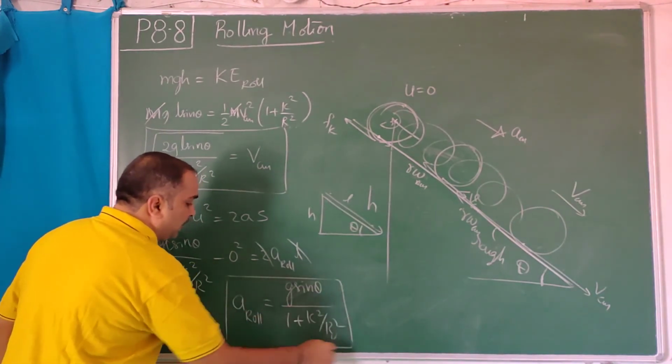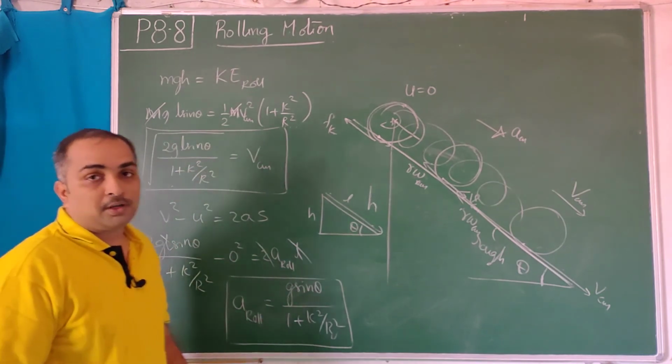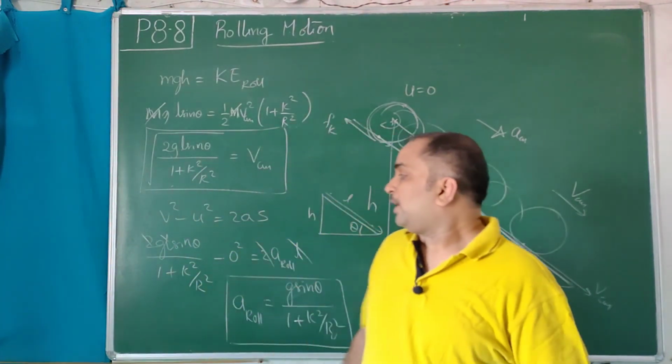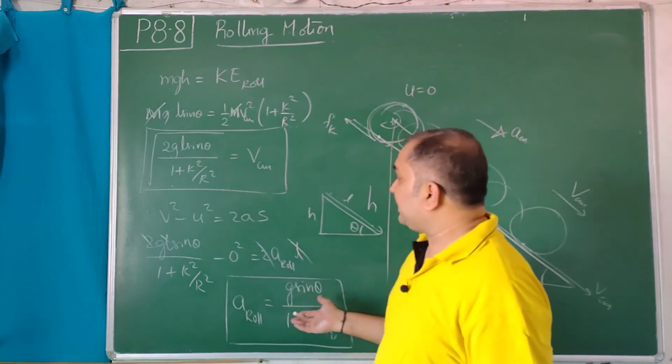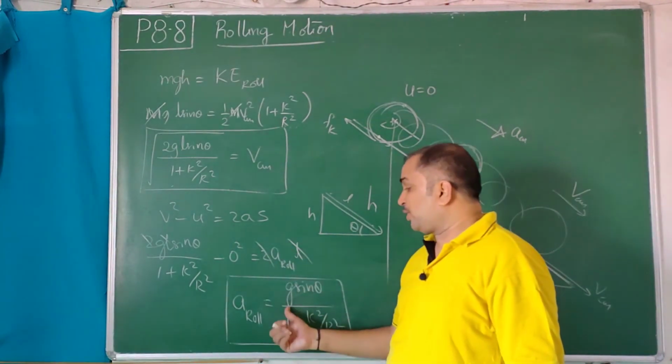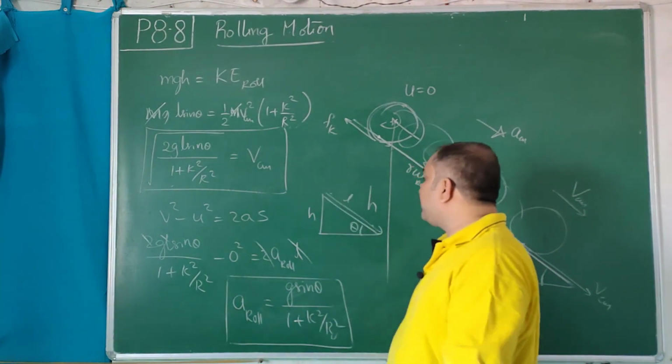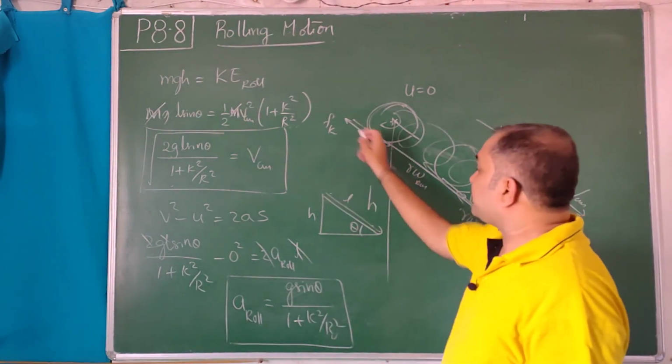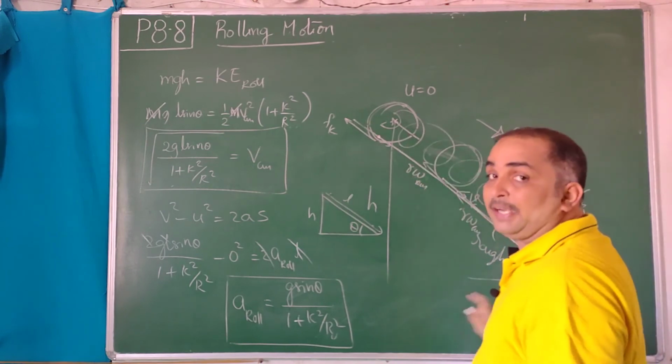This is the formula to be learnt by heart if you want. Then accordingly, after travelling the distance, if you want the time of descent, you can use s = ut + ½at². You can use it because you know the acceleration. You can find the time of descent and the velocity at the bottom of the plane. If the inclination is not l and you know a certain value, write that value.